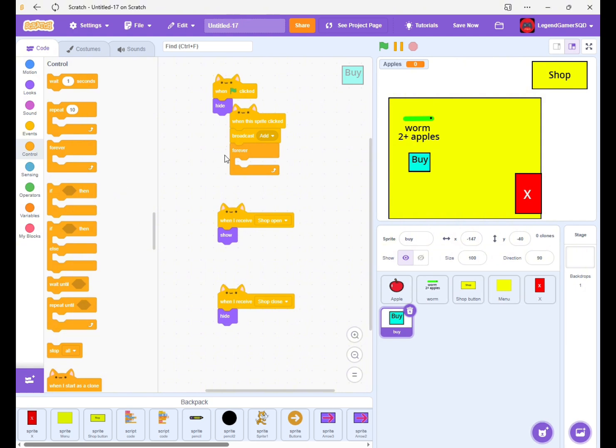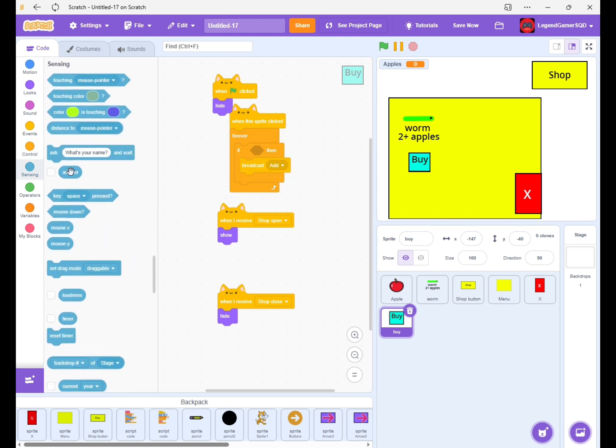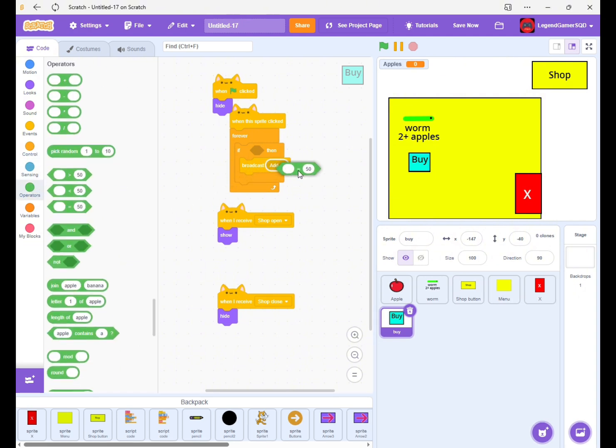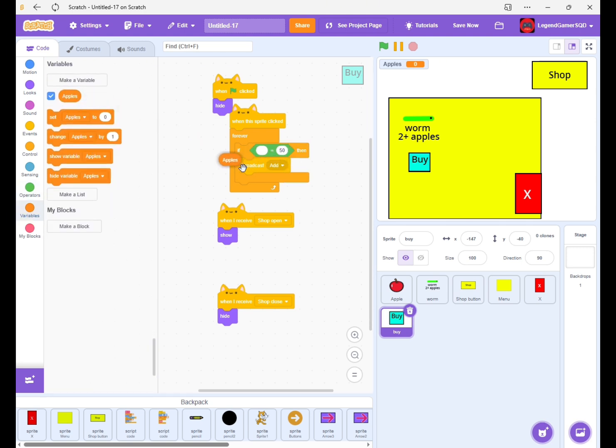Forever. If, let's go to operators, go to equals. Let's go to apples. If apples,